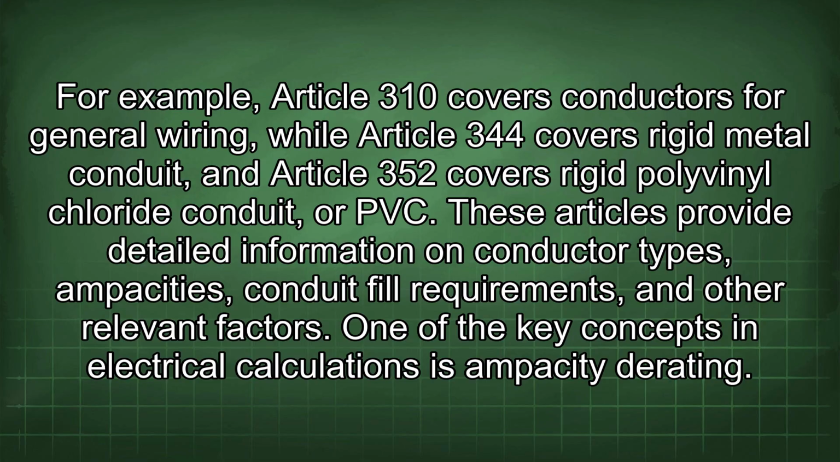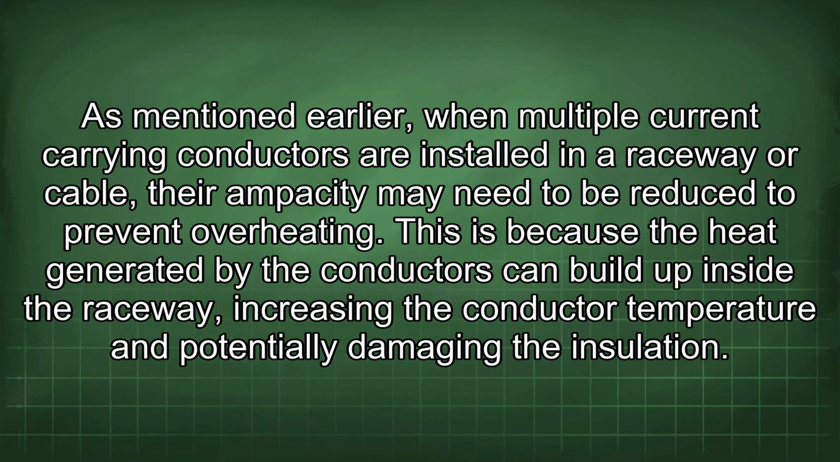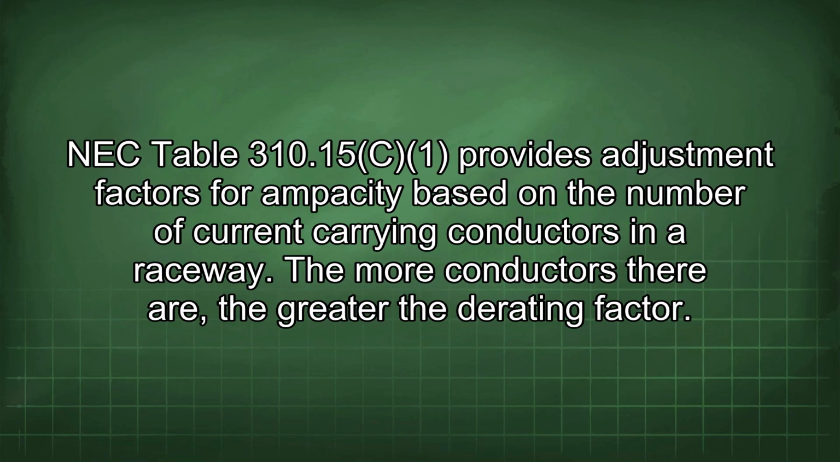One of the key concepts in electrical calculations is ampacity derating. As mentioned earlier, when multiple current carrying conductors are installed in a raceway or cable, their ampacity may need to be reduced to prevent overheating. This is because the heat generated by the conductors can build up inside the raceway, increasing the conductor temperature and potentially damaging the insulation. NEC Table 310.15 provides adjustment factors for ampacity based on the number of current carrying conductors